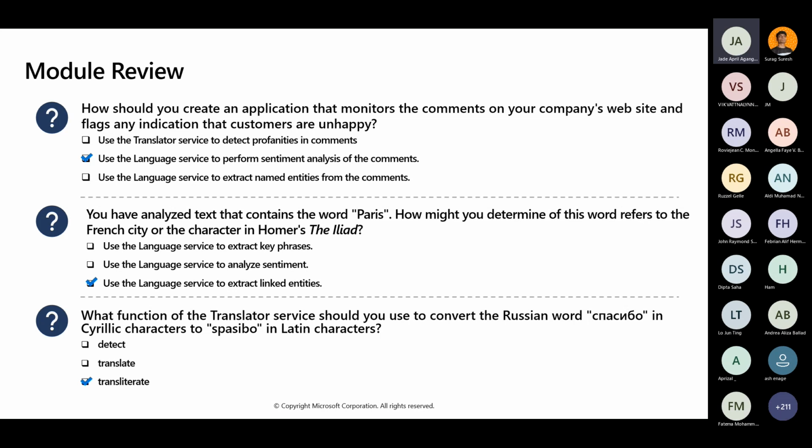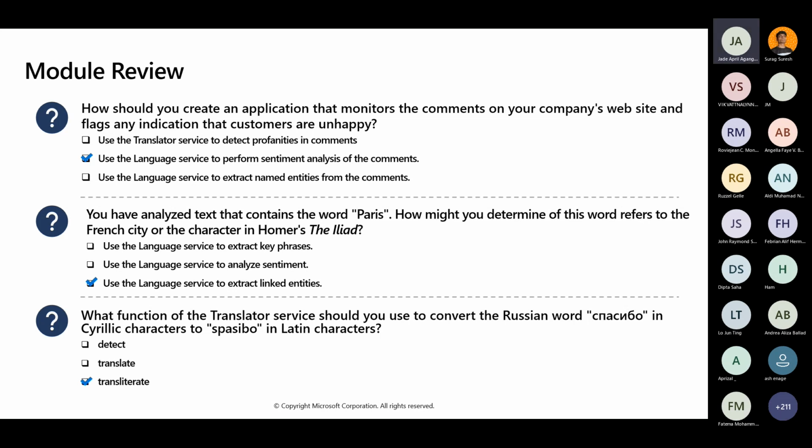We're going to use a language service to extract key phrases, or to analyze sentiment, or to extract linked entities. There are words now that are available, and we're just going to check their relationship with each other.